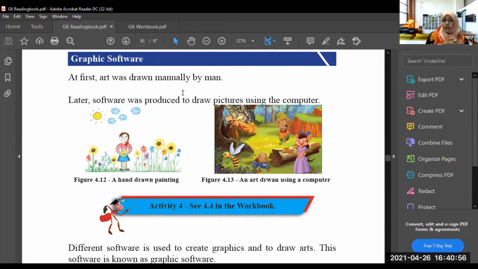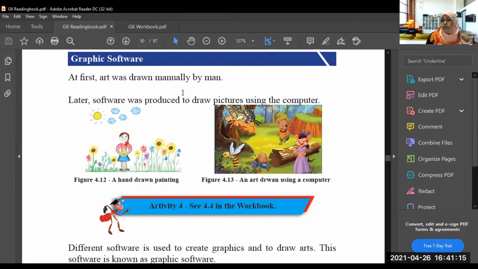To draw an art, but it is manual. We call it manual, whatever you do using your hand. If you write by your hand, it is manual. So people used to draw arts manually.